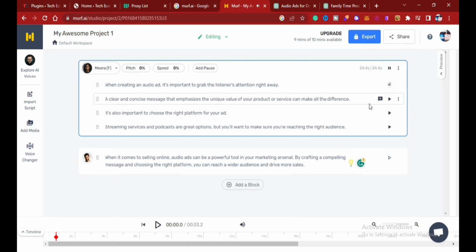when creating an audio ad, it's important to grab the listener's attention right away. A clear and concise message that emphasizes as you can see, that is the lady's voice in India, English lady's